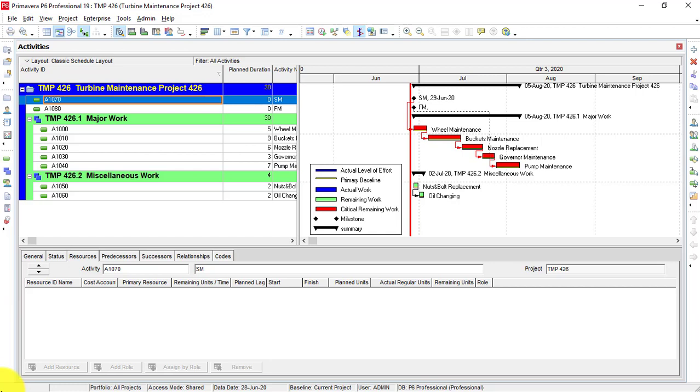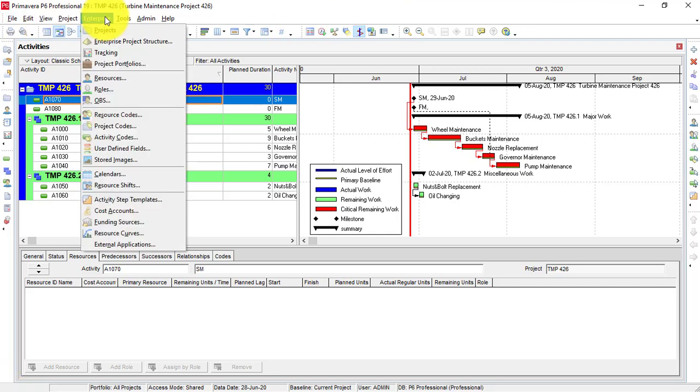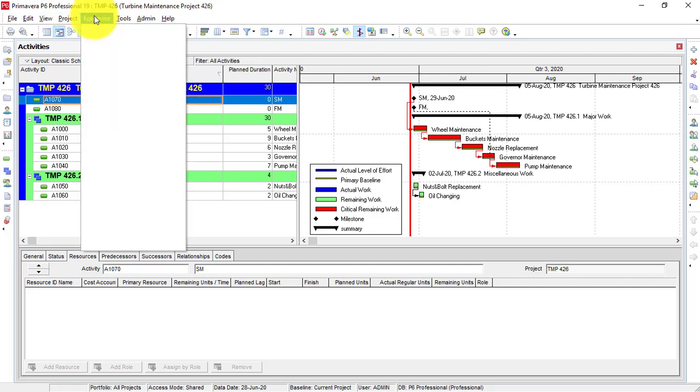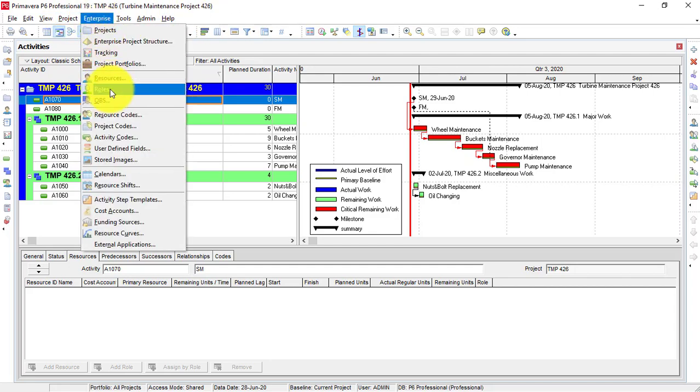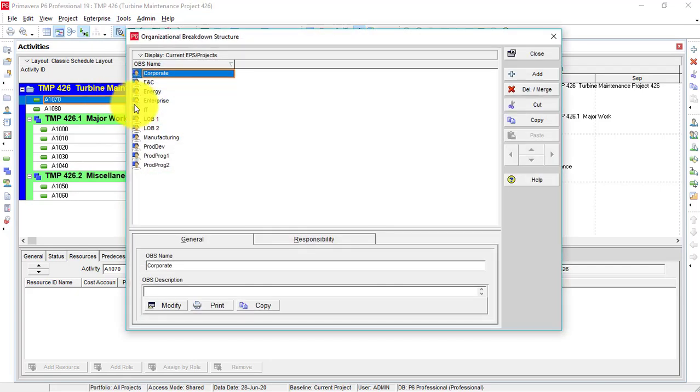You can also download and install it, as the installation guide is already available. First click on this Enterprise menu, and here you can see OBS. Click on Enterprise, a drop-down window will open. Click on OBS and a new window will open.